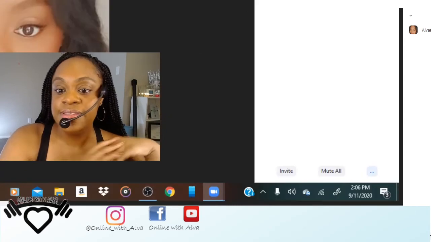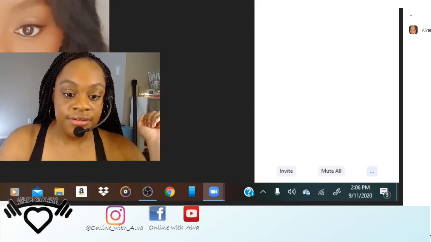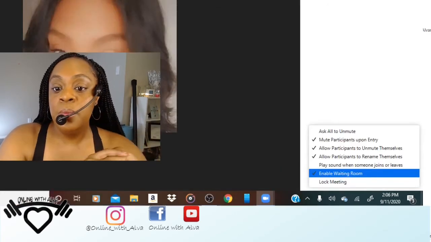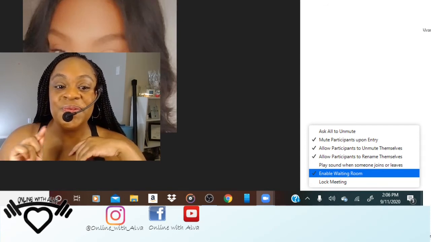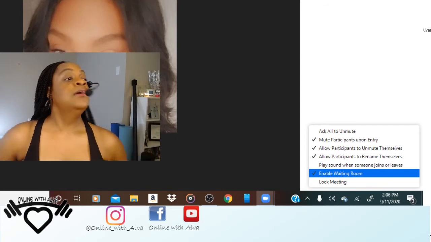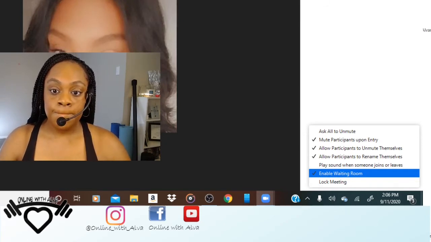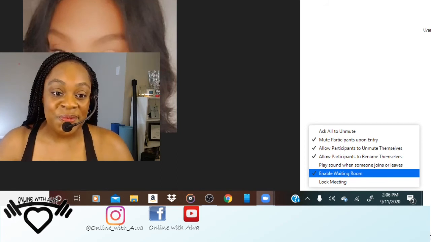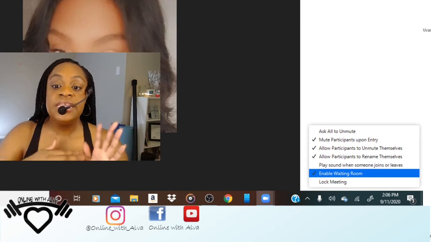Okay, what else? There's these three little dots right here for additional features. So you click that. What I want to highlight right here is enable waiting room. Very important. So if someone gets a hold of your meeting ID or whatever, always enable your waiting room so that you just can control who comes in and out of your